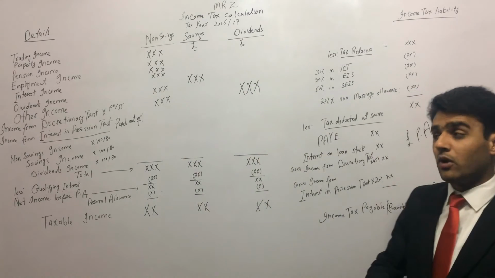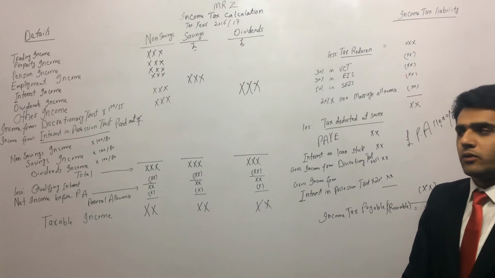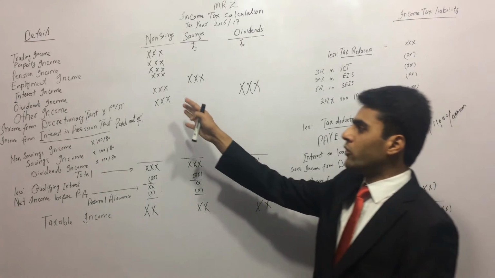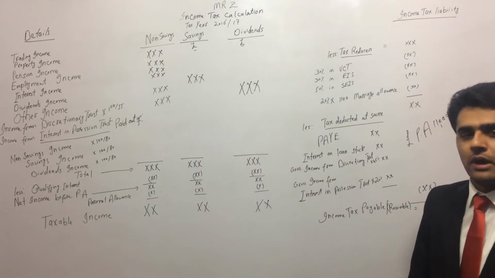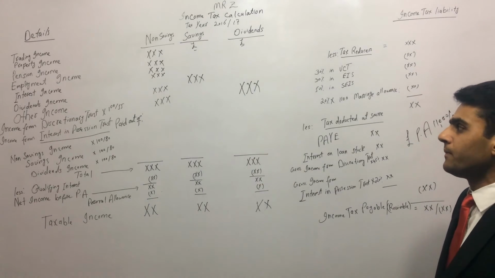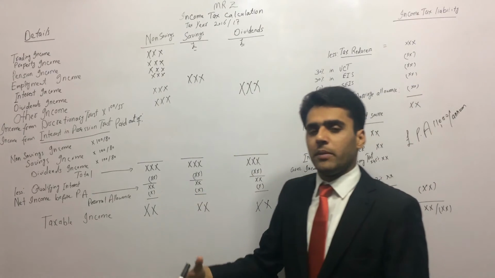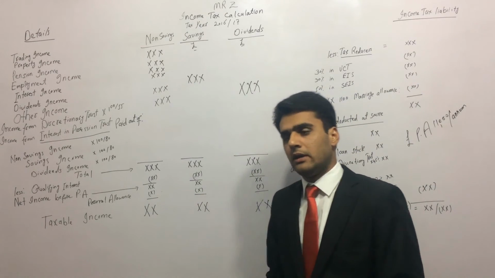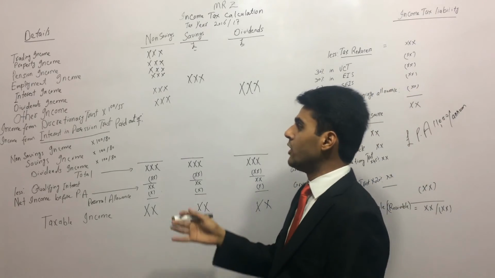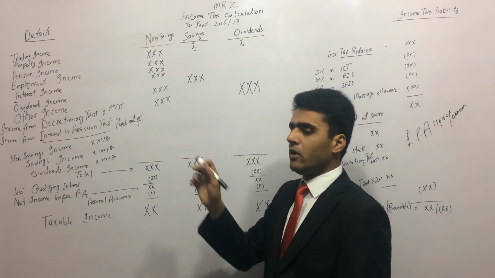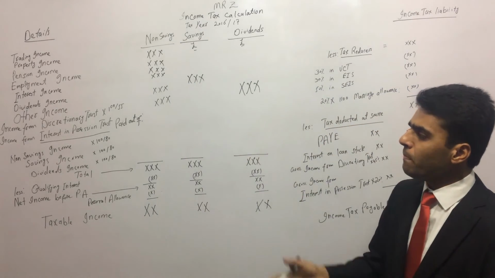Why do we need to gross it up? Because 45% of tax has already been deducted, so we need to gross it up. We always need to put the gross amounts into our income tax pro forma. We always need to put the gross amount, even if some tax has already been deducted. The previous treatment with dividends, I told you that we needed to gross it up because we used to get the net amount in our previous finance acts. But the new treatment is to take whatever we got in the question, we will always be given as gross, so we'll put the gross amount here.